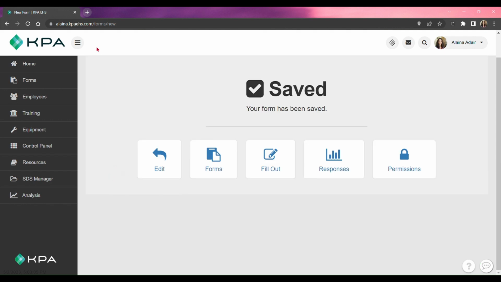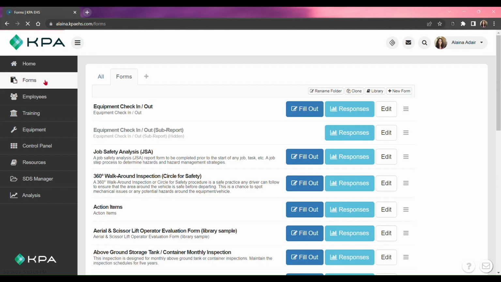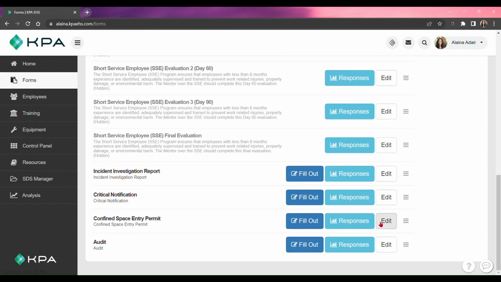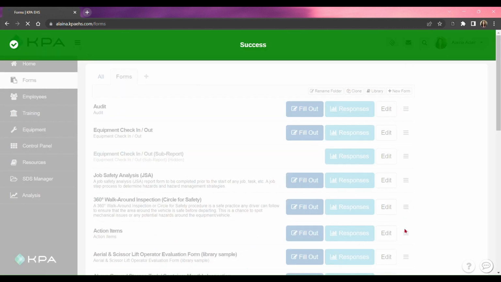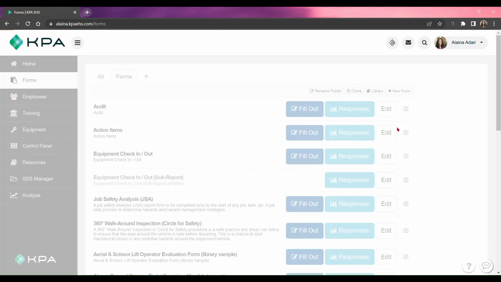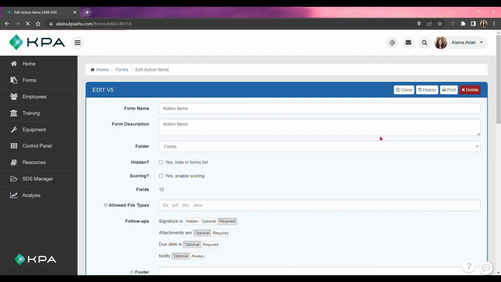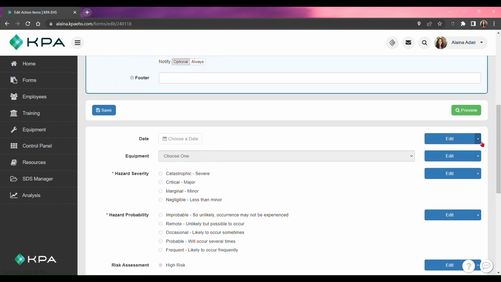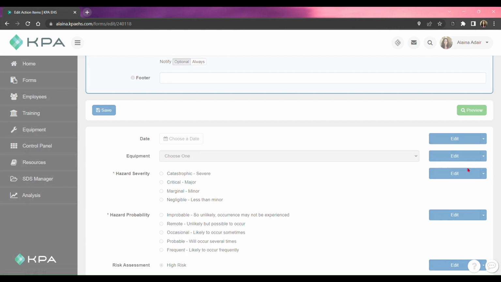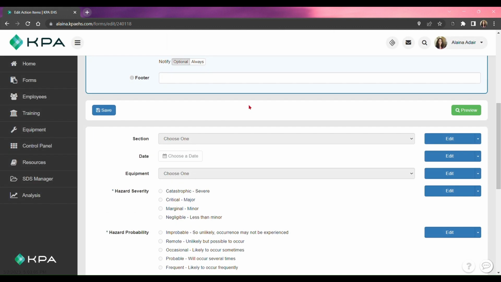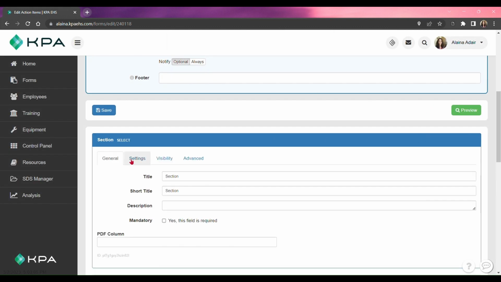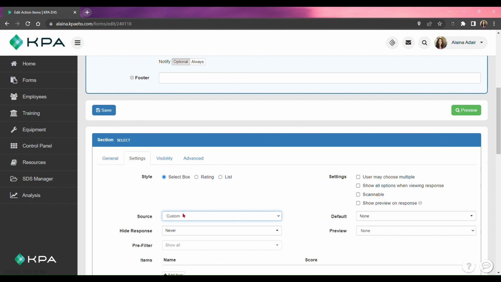So now what this allows is on the sub-report, and this is, again, getting kind of advanced, but let's say we want to trigger that action item every single time that audit is filled out. So I'm going to, again, pull this all the way to the top. And then I'm also going to bring my action items up here. And then I'm going to edit my action item to add in those data list items now. So I'm going to add a field above, and I'm going to create that select field for the section that it falls under. And then we'll tie that back under the settings to the data list here